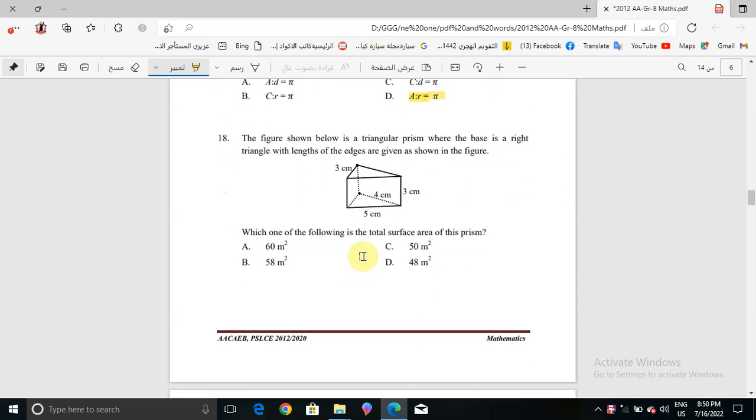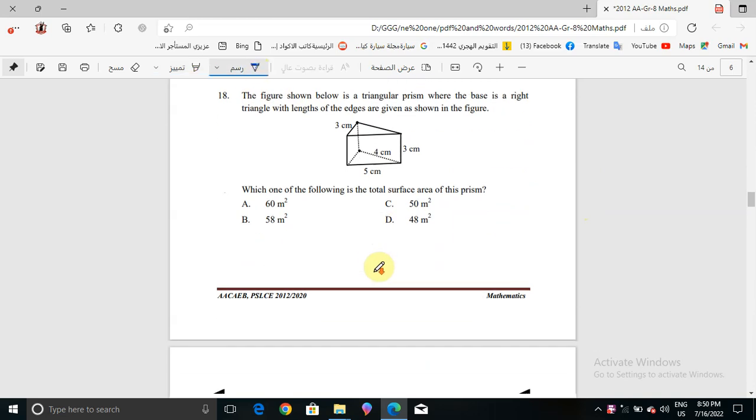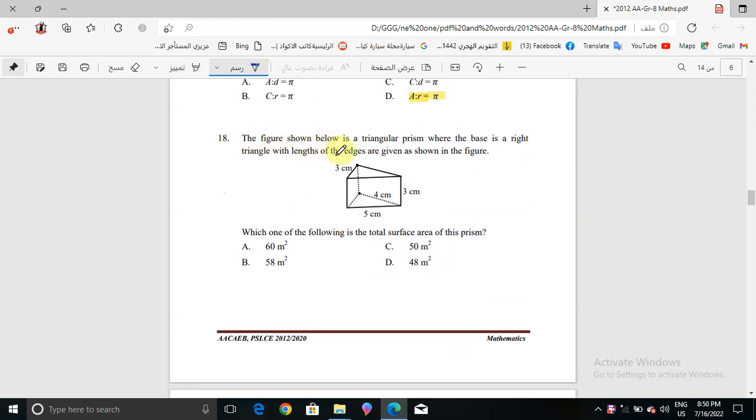Okay, now in question number 18, the figure shown below is a triangular prism where the base is a right triangle with lengths of the edges given as shown in the figure. Which one of the following is the total surface area of the prism? Okay, first of all, area total surface is equal to what? AS plus 2AB, right? So first of all, we will find AS,